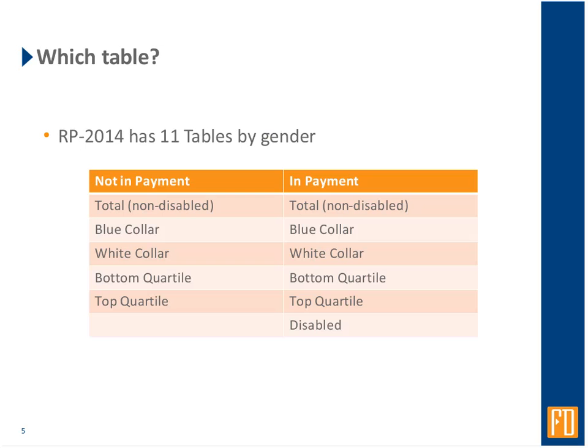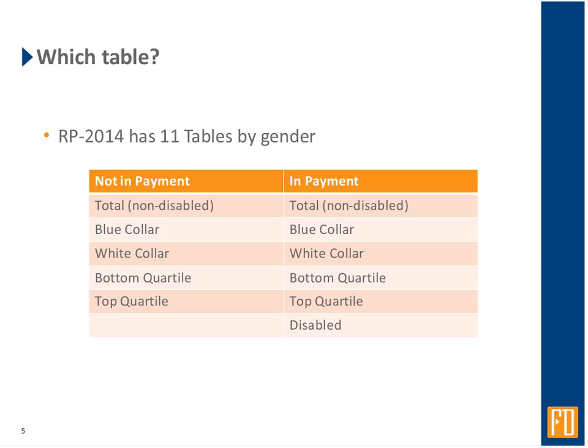When the Society of Actuaries released this new table, you may not realize the Society actually released 11 tables. They can basically be broken into two different columns, annuitant and non-annuitant tables, labeled here as in payment or not in payment. What most people will end up using, or probably any comparisons that you may have seen in other reports, was a comparison to the total non-disabled table.